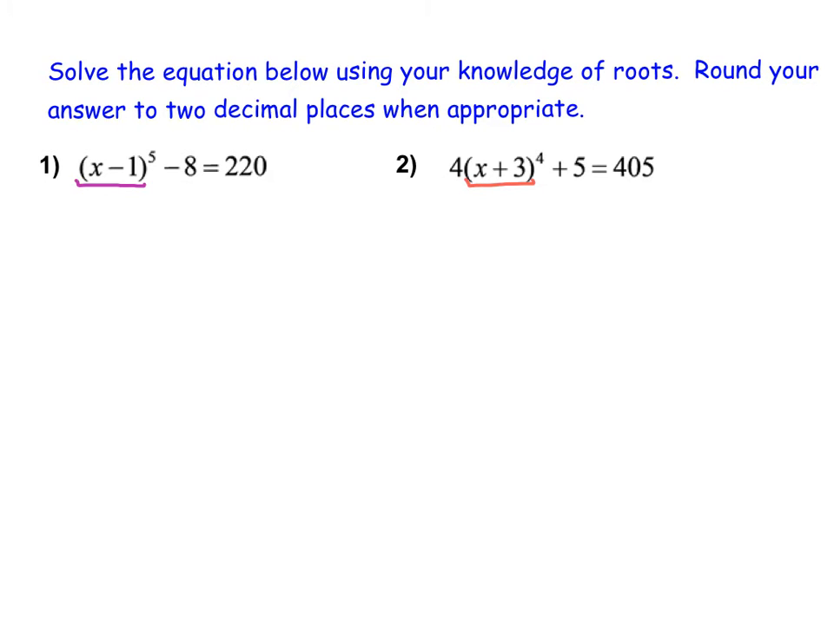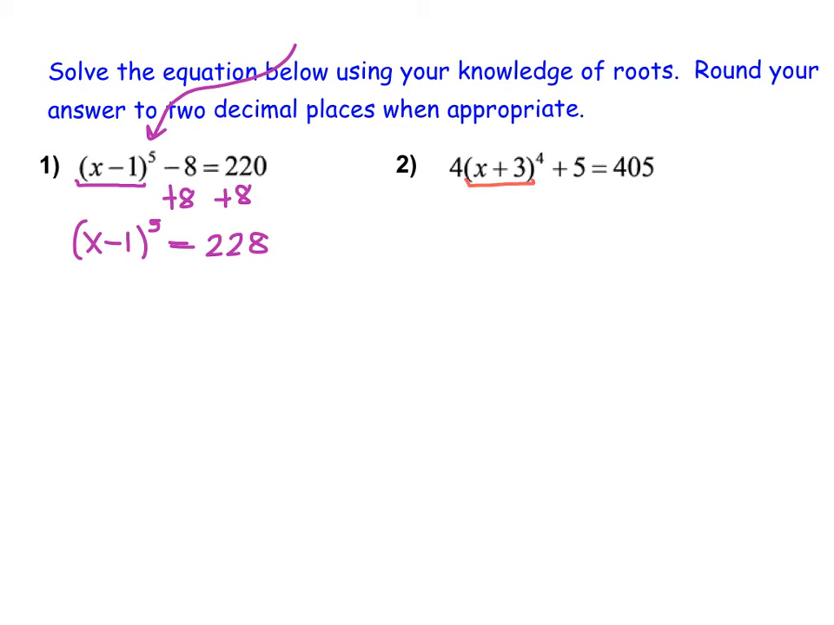So what we're going to start doing in each of these is we're still going to start off by getting the piece that has the power by itself, but this time it's not just going to be a singular variable by itself. It's going to be the whole quantity, x minus 1 to the power of 5 by itself, because we can't just take that negative 1 out of there. We have to actually undo the power before we can solve for x. So here we're going to start off by adding 8 to each side. So I have x minus 1, all in parentheses, to the power of 5 is equal to